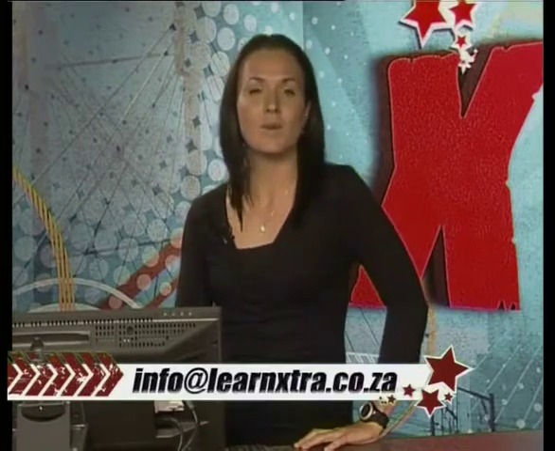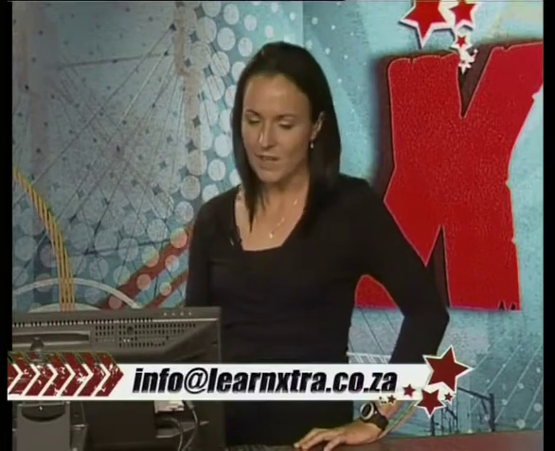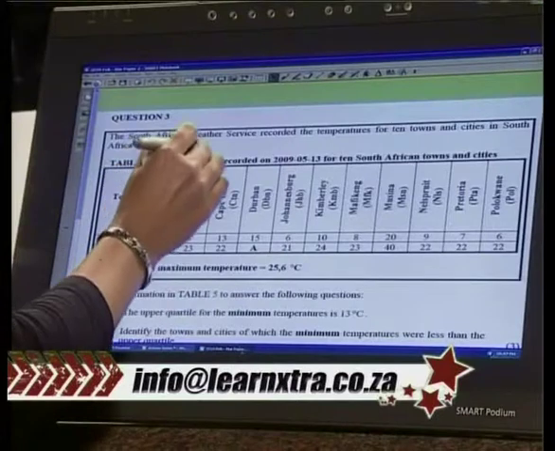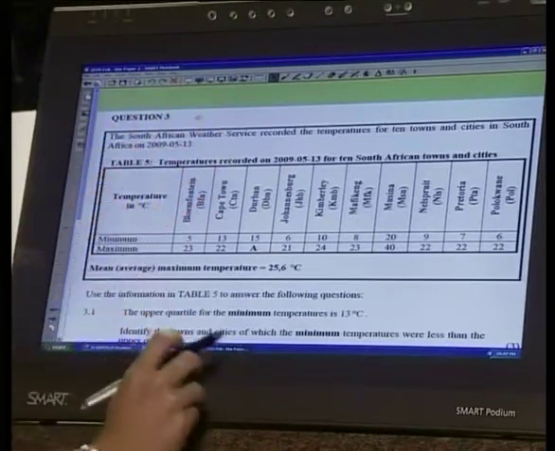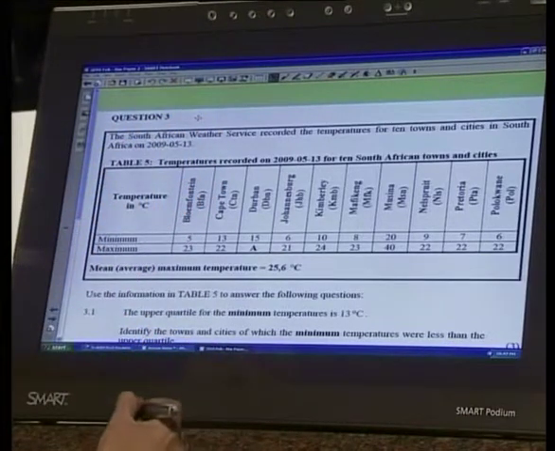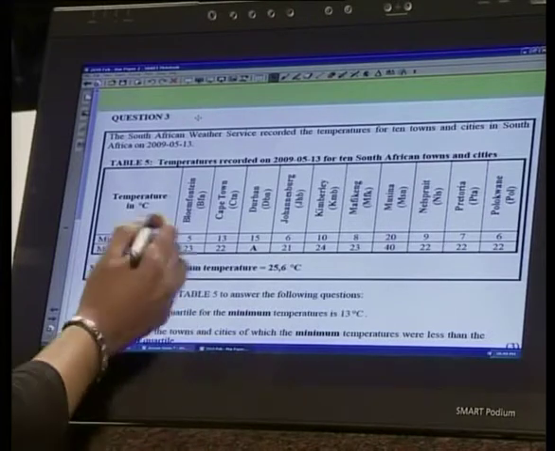I'm going to have a look at question 3 from the supplementary paper from earlier in this year. So let's jump straight onto it. All right. The question gives us a table. The South African Weather Service recorded the temperatures for 10 towns and cities in South Africa on the 13th of May in 2009. So Table 5, what they've given to us,